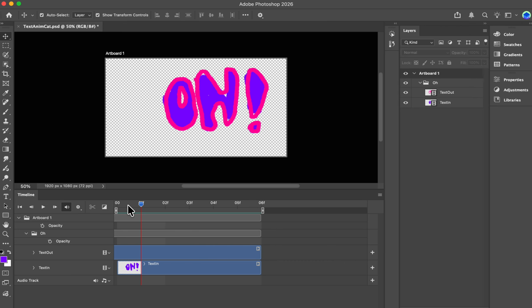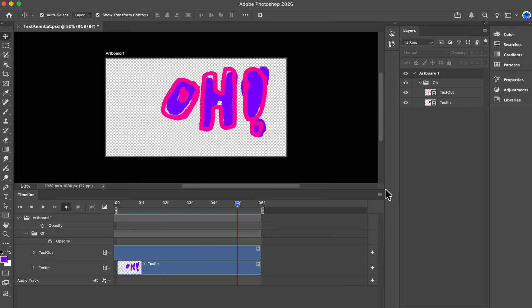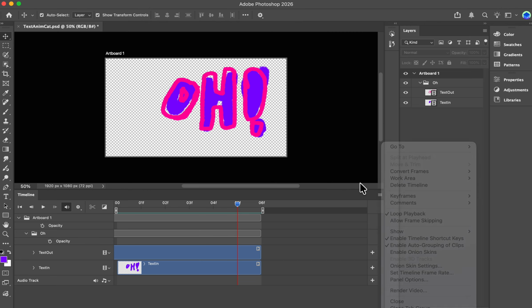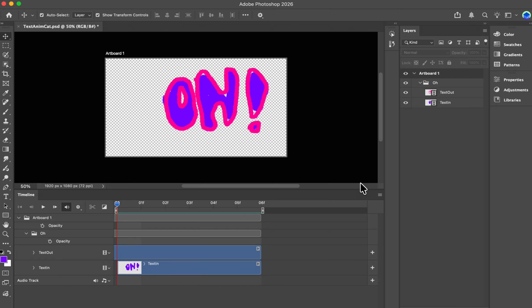It's just 1, 2, 3, 4, 5, 6 frames. Three drawings on 6 frames. If you can't move through with your little arrow buttons, use the enable timeline shortcut there, because it's very helpful. All right, so let's always remember to save your work.